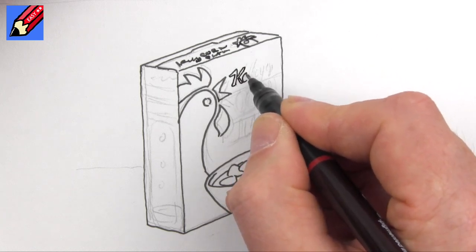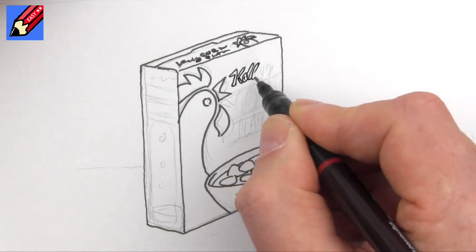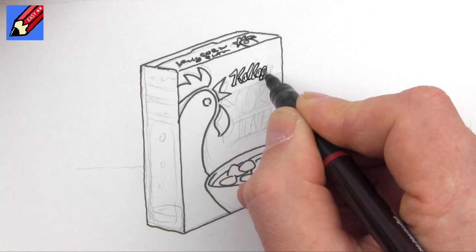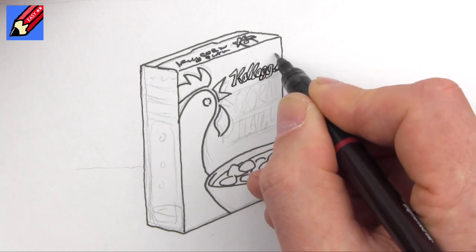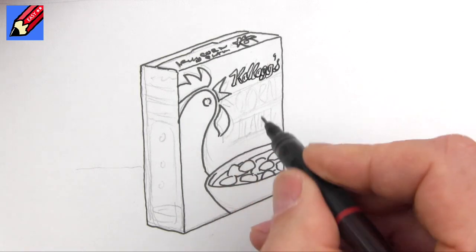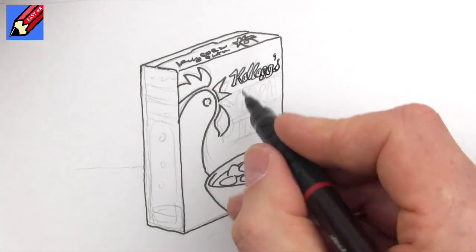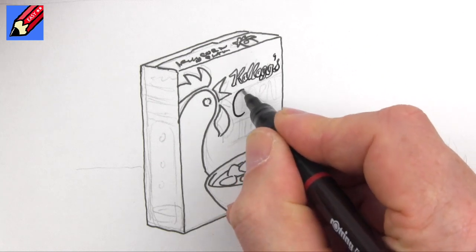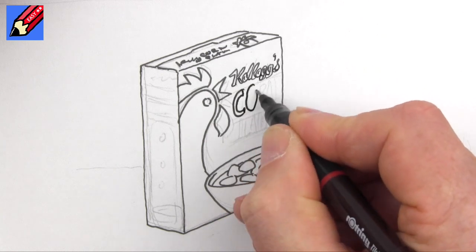And two G's and an S with an apostrophe, because they are the cornflakes of Kellogg's. So it's a possessive thing going on there. So now we need the C coming around like that, and an O,